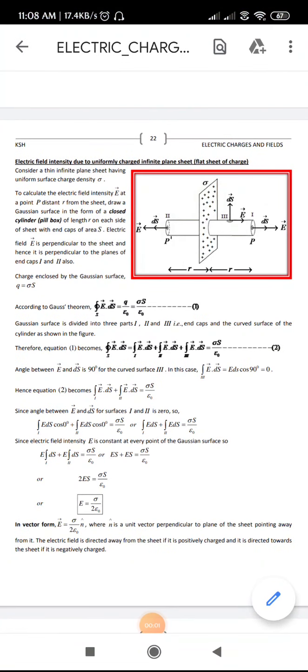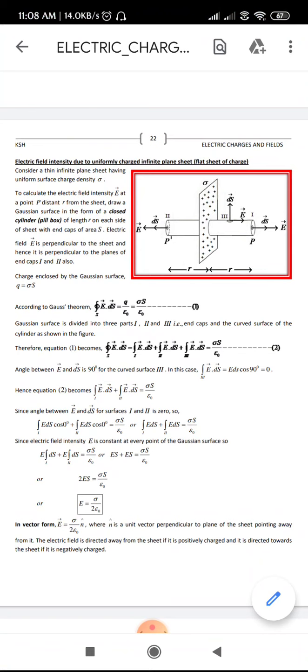The electric field intensity due to a uniformly charged infinite plane sheet, right? So we have taken a very thin sheet, that is a transparent sheet, right? So in that sheet the positive charges have been enclosed. Okay, so to find the electric field at any point on either side of the plane sheet, what we are